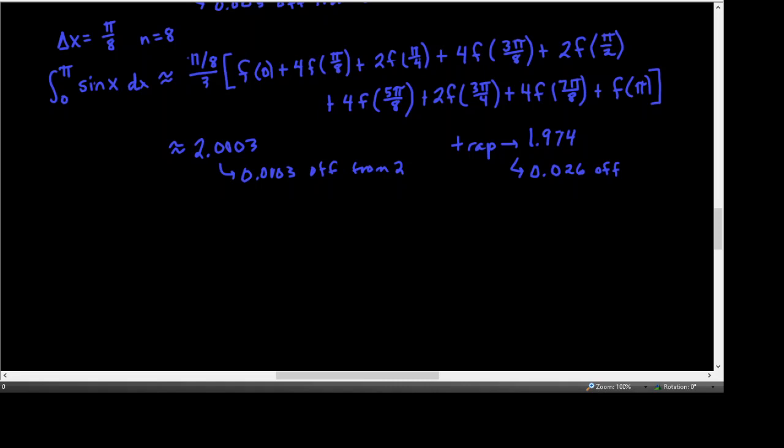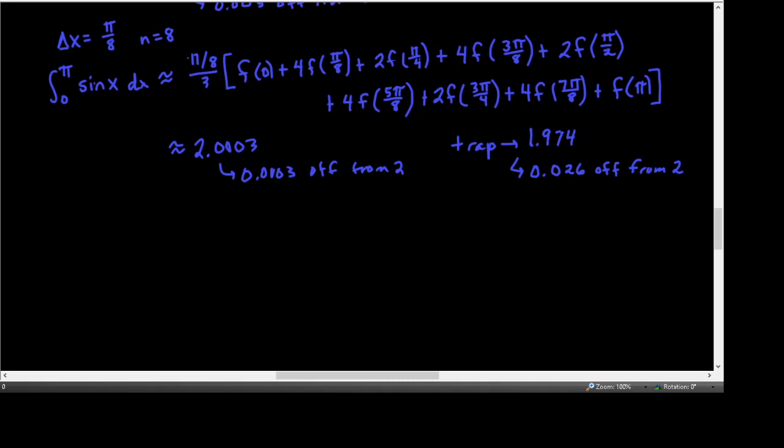Okay, so this error, how much we're away from the correct answer, we're not always going to be able to find exactly what that error is, because we won't be able to compare it to the correct answer of 2, which is what we've been working with, one that we could anti-differentiate and use the fundamental theorem of calculus to calculate the exact answer of 2. Since we can't always do that, we're going to want to find an error bound for the trapezoidal rule and for Simpson's rule. And so if you look at theorem 8.6,